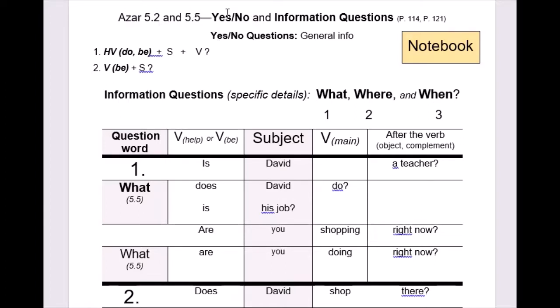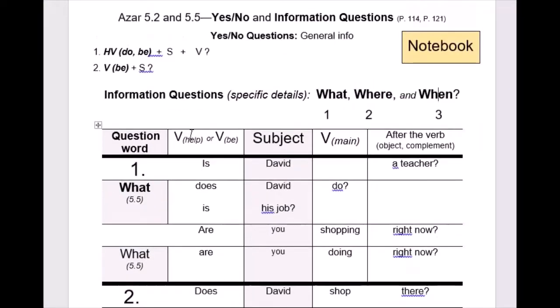Okay, so we looked at what, where, and when. These are three question words for information questions. When you want to know the thing, you use what. If you want to know the place or location, you use where. Or you want to know when, what time that action happens. Okay, so